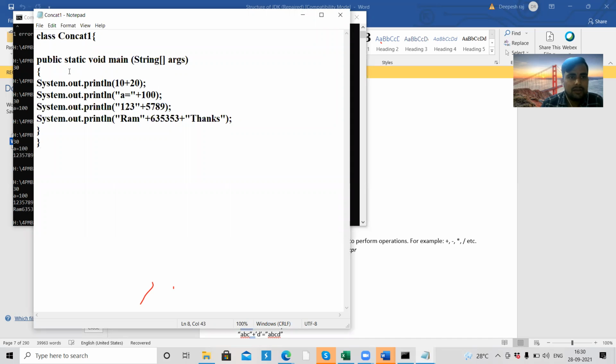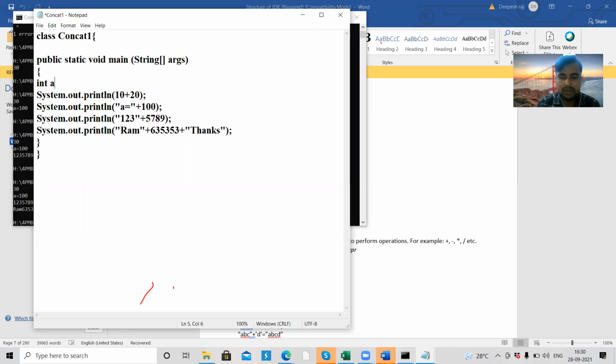Okay, let's take one variable here, int a equals 1. Let's go and do System.out.println. Here, a equals, and plus 100 I have given because we have not taken any variable. Now we can use the a value here, using plus a.